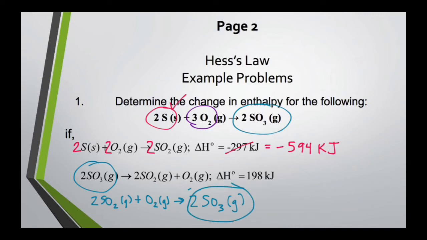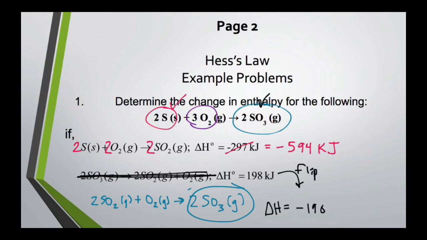I'm going to go ahead and scratch this out since we're not using this equation anymore. We have flipped it. So I've got my 2 SO3s on the product side. Now I also need to remember, if I've flipped my reaction, to flip the sign on my delta H. So now that delta H is negative 198 kilojoules. I'm done with that number. So I have my 2 S's and my 2 SO3s, and now all that's left is to focus on our